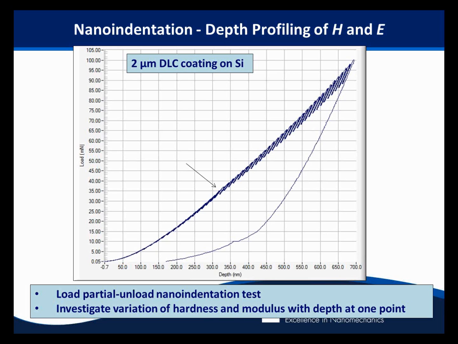And in this particular test, instead of a typical indentation curve that I showed you earlier, here we have a load, partial unload indentation test where we load up to a preset load, and then we partially unload, and then we reload to a slightly higher load, and then we unload and go up and down that zigzag process. In this case, it's been done 50 or 100 times to a peak load of 100 millinewtons. And you can see these small unloading segments, and each of these small unloading segments can be analyzed with that unloading analysis that I described earlier, and that allows us to determine the profile of the hardness and the stiffness